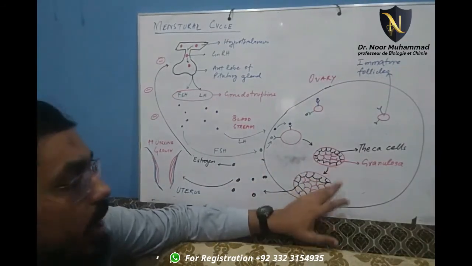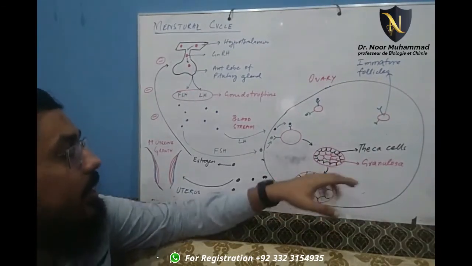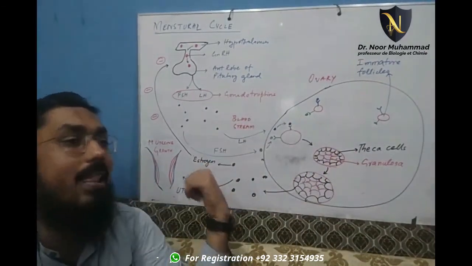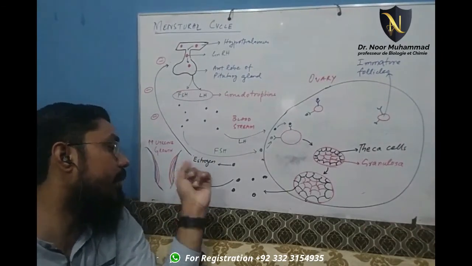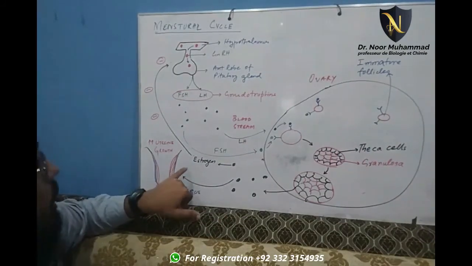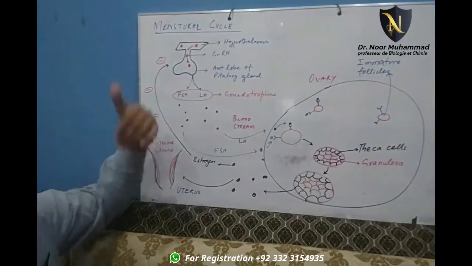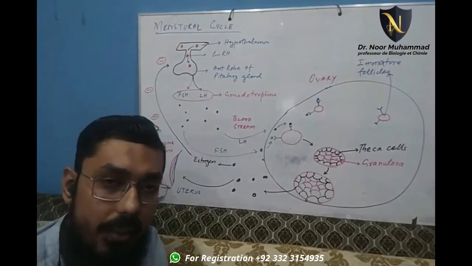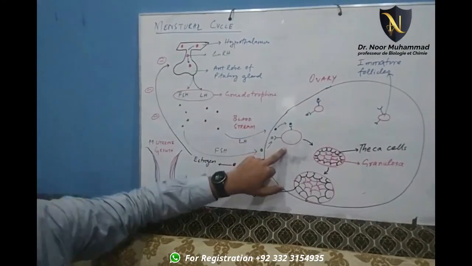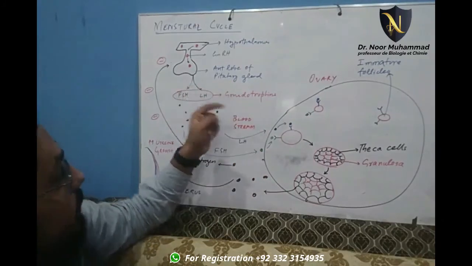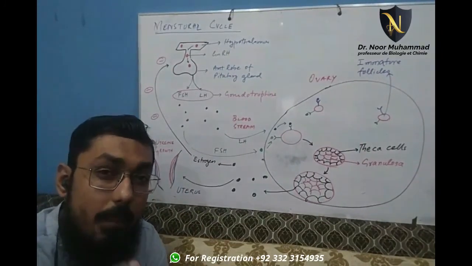Now this follicle consists of two types of cells, granulosa and theca cells, and together they make a hormone called estrogen. The number one function of that estrogen is to increase the uterine growth. It will work on the uterus and increase the uterine growth, whereas it also has a negative impact on GnRH. So before the negative impact goes to GnRH, the gonadotropin releasing hormone, listen carefully, let me add one more thing: at the time the follicle is selected, remember that because of GnRH, LH and FSH had started coming. Don't get confused, child, FSH and LH had started coming, but remember that when